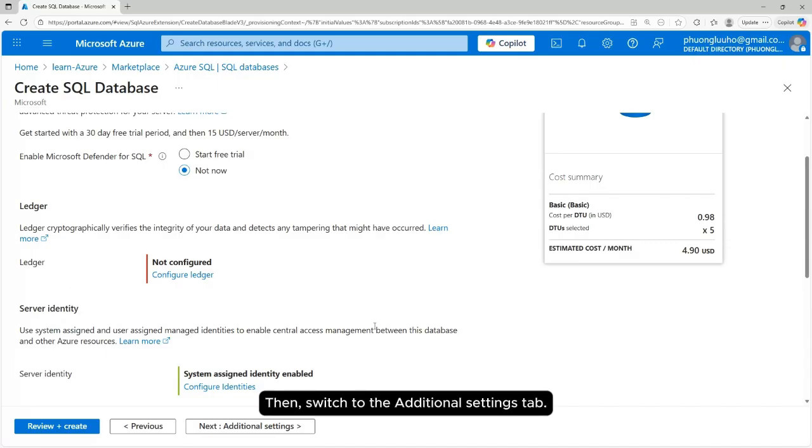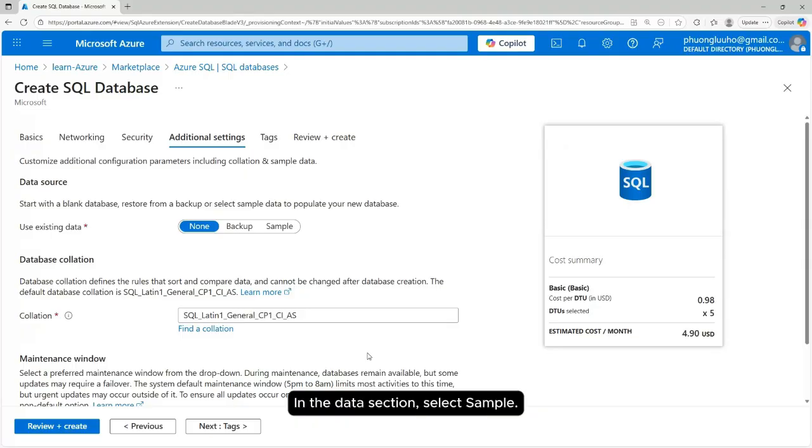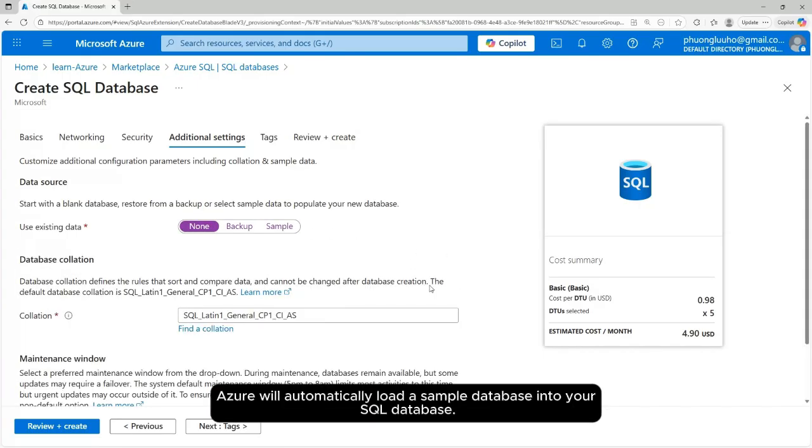then switch to the additional settings tab. In the data source section, select sample. This will automatically load a sample database into your SQL database.